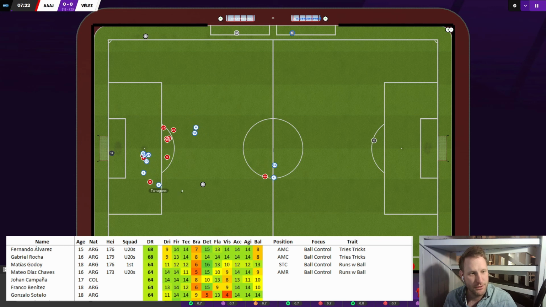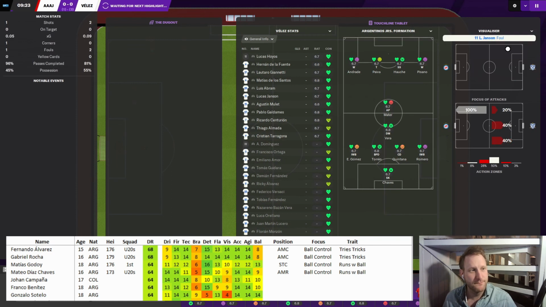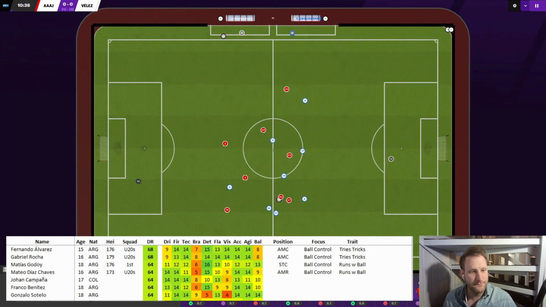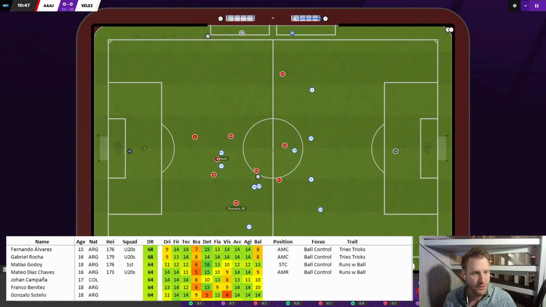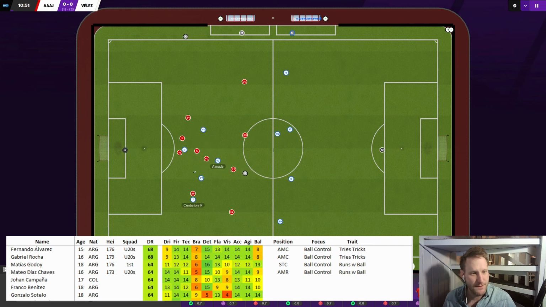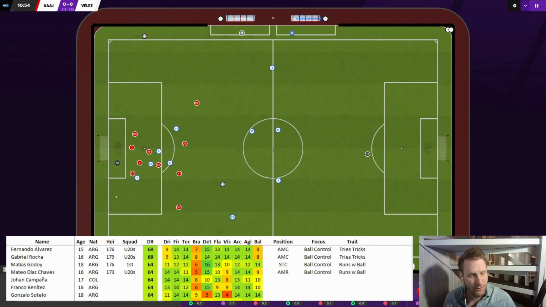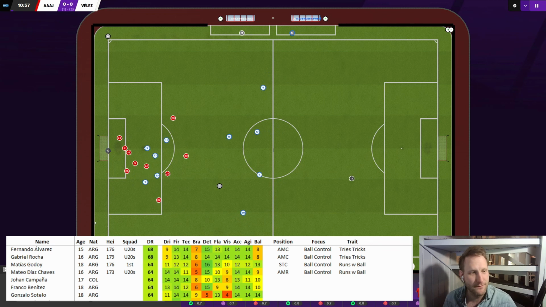De Los Santos. Ooh, dangerous, dangerous. Johnson sounds like a Swedish name. Probably going to be Hansson. We're going to be correct.